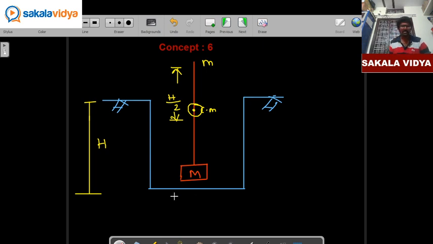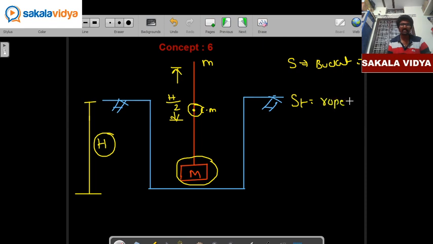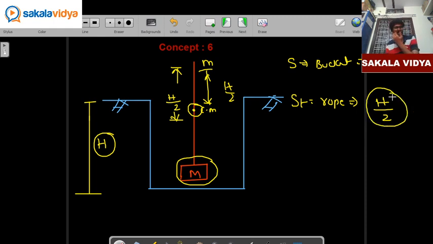So what is the total displacement made by this bucket? The total displacement made by the bucket is H, capital H, whereas the total displacement made by this rope is how much? From here to here, what is the distance from the center of mass? It is capital H by 2. So remember these two concepts: the total displacement made by the rope is H by 2, and the total displacement made by the bucket is H. So